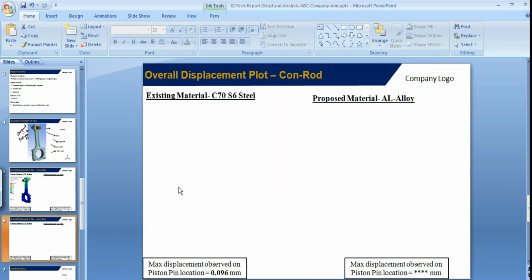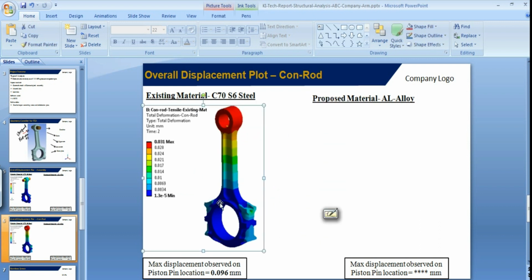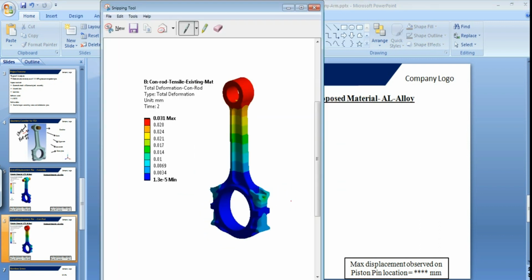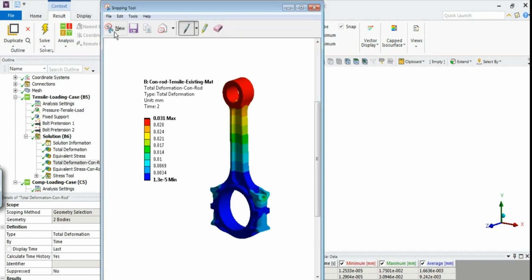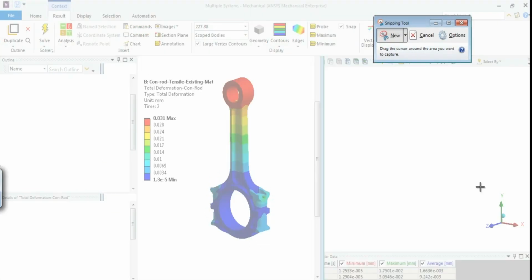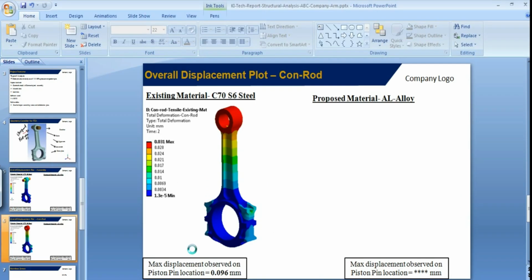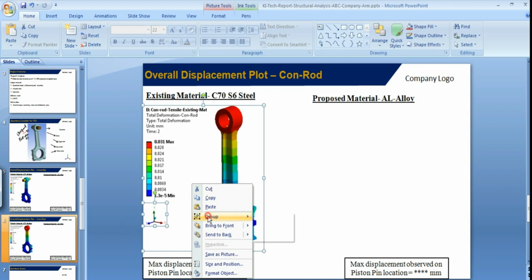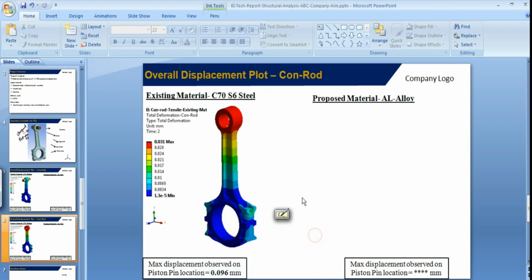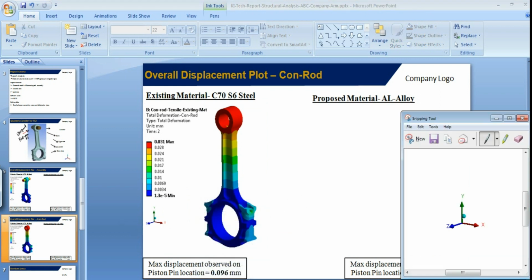So our interest is the con rod, so you have to take a separate photo. If you wish to keep this triad coordinates, you can keep it. Otherwise, you have already shown it in the assembly, so no issue. Always make it small. Don't make it bigger. Okay, so the next thing is,